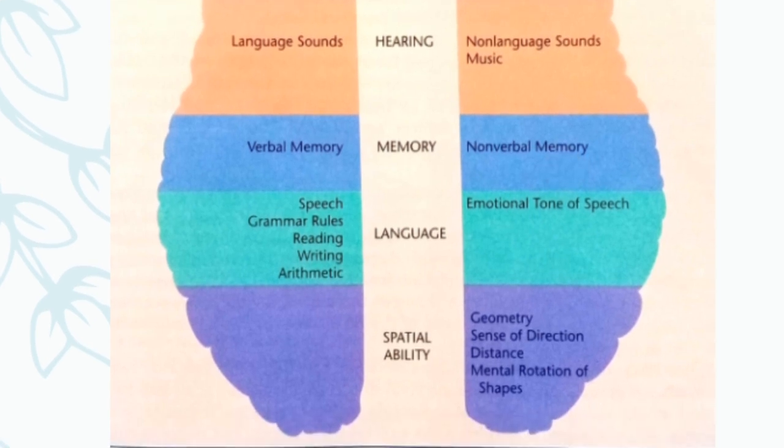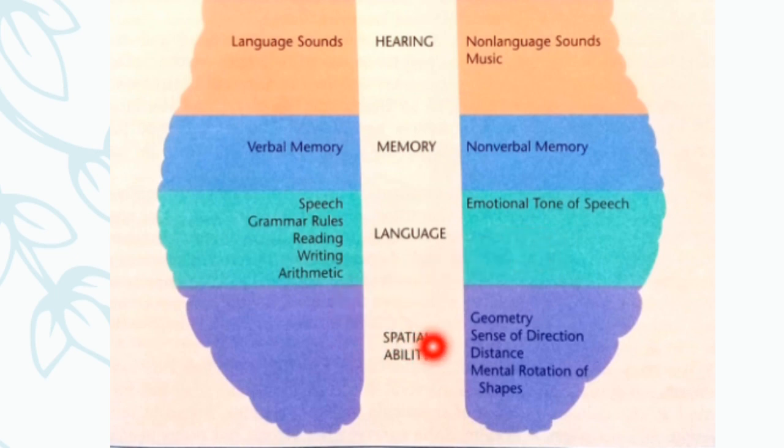And about the language, the left hemisphere has the ability to recognize the speech, grammar rules, reading, writing, arithmetic, etc. Whereas the right hemisphere has the ability to know the emotional tone of a speech. Like, is that person asking a question, or is that person passing a comment, or is that person angry, etc. So the emotional tone of the speech,